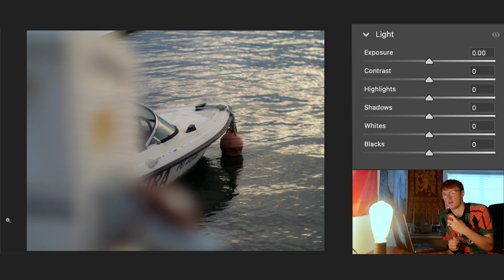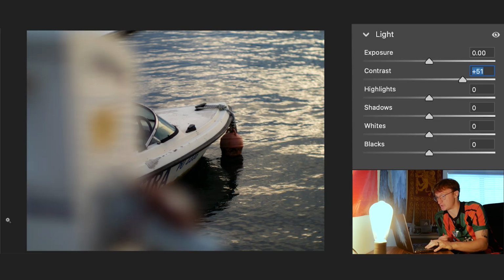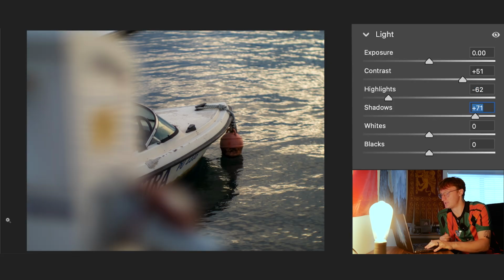We have a boat here on the dock in Croatia, and we have a nice foreground object that I have to balance the light with, also with this light reflecting off the water. So I'm going to up the contrast here, of course, to plus 50, drop the highlights to negative 62, so by quite a bit. Up the shadows to bring some of those details in the reflection of the